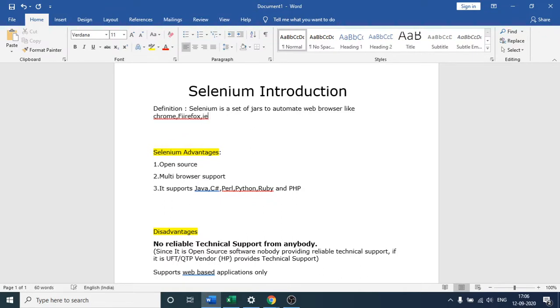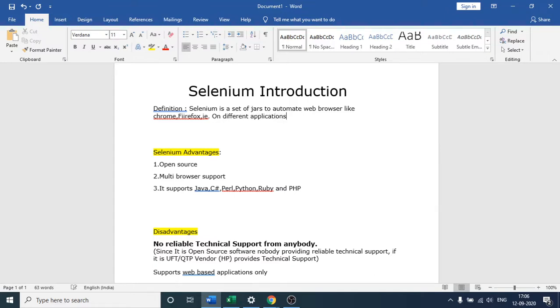I will come to the meaning of jar later, but as of now you should understand that Selenium is a set of jars to automate web browsers like Chrome, like Firefox, so that we can automate the functionality on them. Again, Selenium is a set of jars to automate web browsers, or you can say different applications.